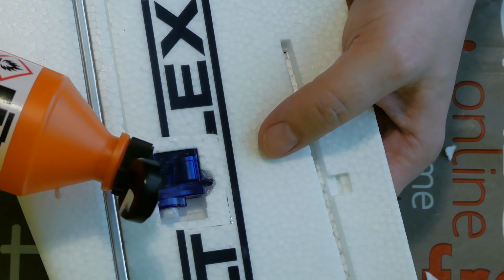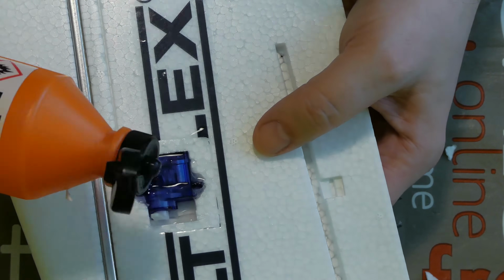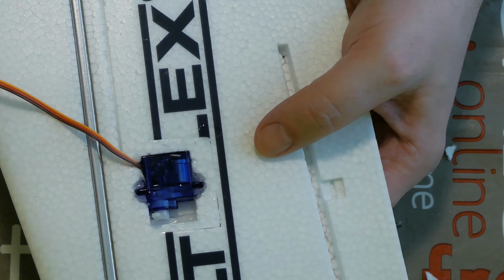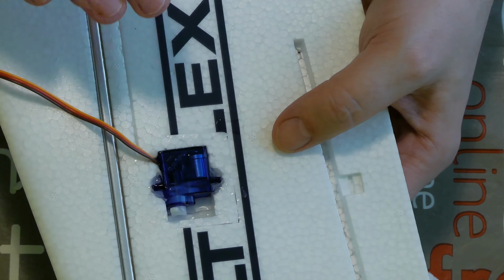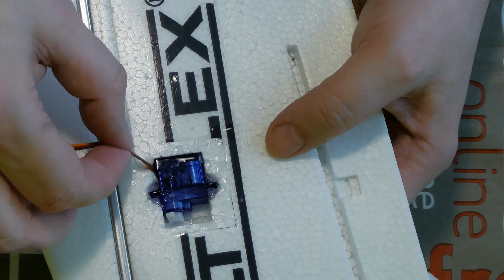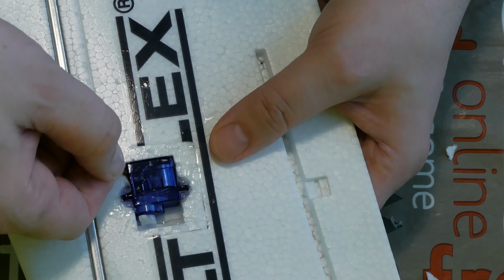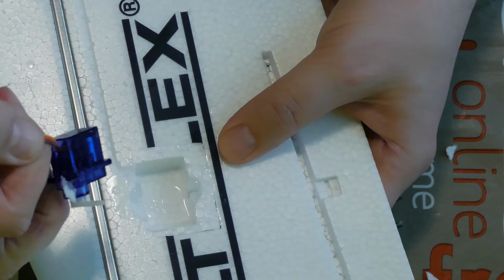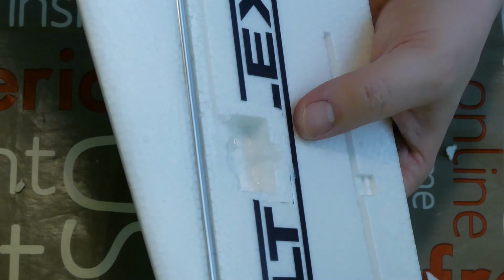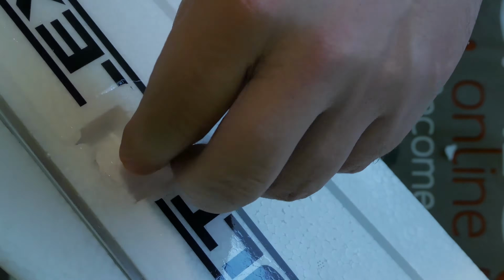You will put a few drops of alcohol around the servo and in the hole, and just wait a few seconds. Alcohol will go between the glue and the outside material, and with a small force, I must wait a little more seconds, you can just remove the servo from the wing. Yes? This is a big advantage of hot glue. It is fixed enough for this purpose, and if you want to remove it, just a few drops of alcohol and you can unglue it